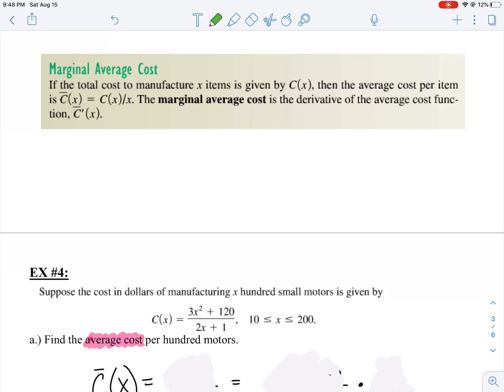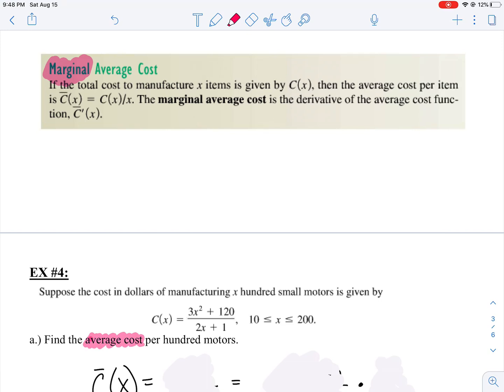All right, our last example in 12.2, we're going to talk about marginal average cost. Ooh, there's that word again, marginal, right? And as soon as we see that word marginal, we know we're talking about a rate of change or a derivative. We've talked about rates of change. We've talked about marginal cost, marginal price, marginal revenue, marginal profit, and now we're going to talk about marginal average